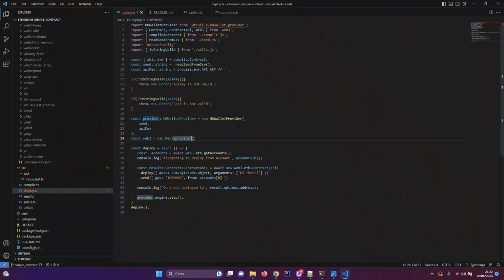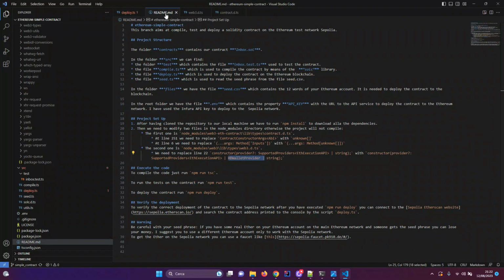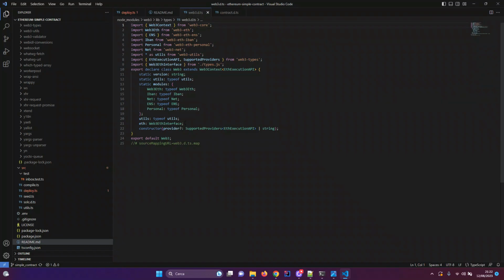So at line 22, we add this piece of code.